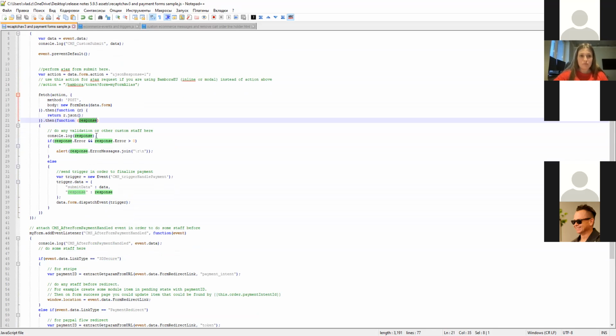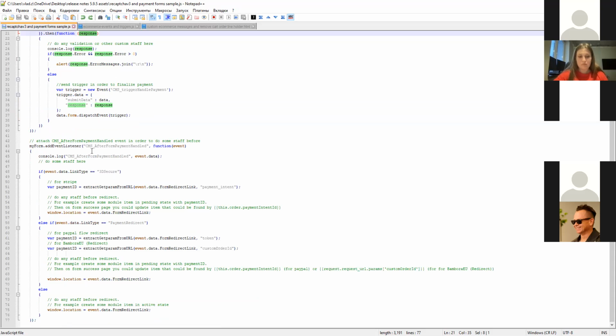Or if it's a Bambora redirect, or a PayPal payment method, that also redirects you to an external page. It also requires additional actions in order to finalize the payment. So in such cases, if you want to apply your logic right when the payment is finished or almost finished,